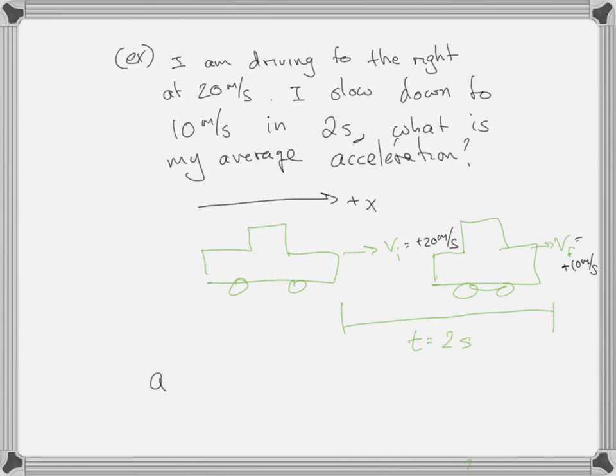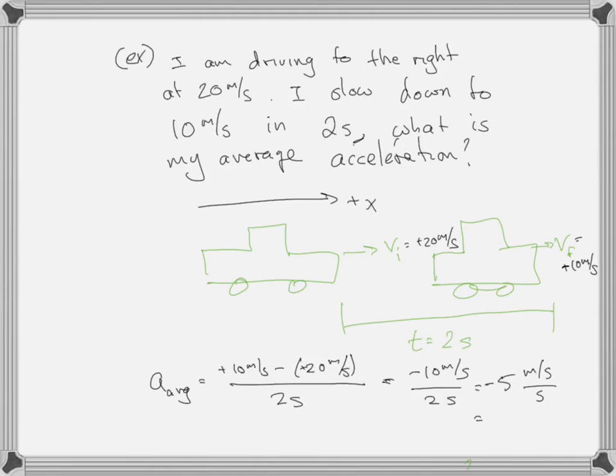And so therefore, my average acceleration is equal to final velocity, plus 10 meters per second, minus initial velocity, plus 20 meters per second. I'm just going to carry those pluses to indicate I've already accounted for the direction, and then the total time elapsed is 2 seconds. And so what's my acceleration? It's minus 10 meters per second over 2 seconds. Oh, of course, we didn't talk about units. What is that unit? Well, it's minus 10 over 2, which is minus 5, and it's a meter per second,